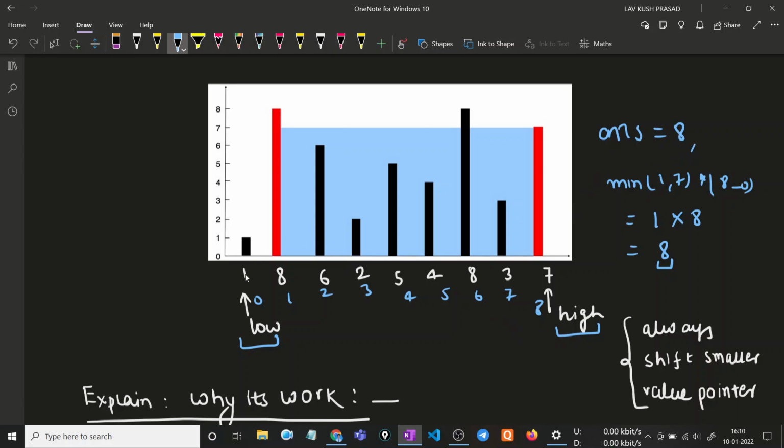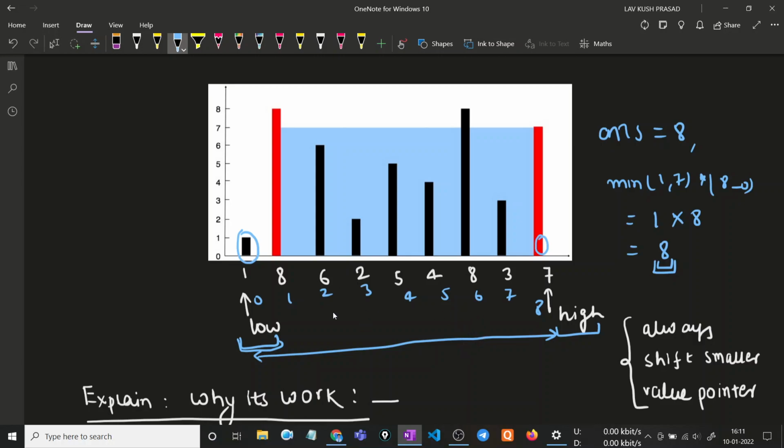So for the first area between the low and high, it is 8, and there are certain conditions, like we have two pointers, one low and one high. So in the two pointer approach, what can you do? In this two pointer approach we have to shrink our range, because at first our range is this one, but after one iteration we have to reduce the range.